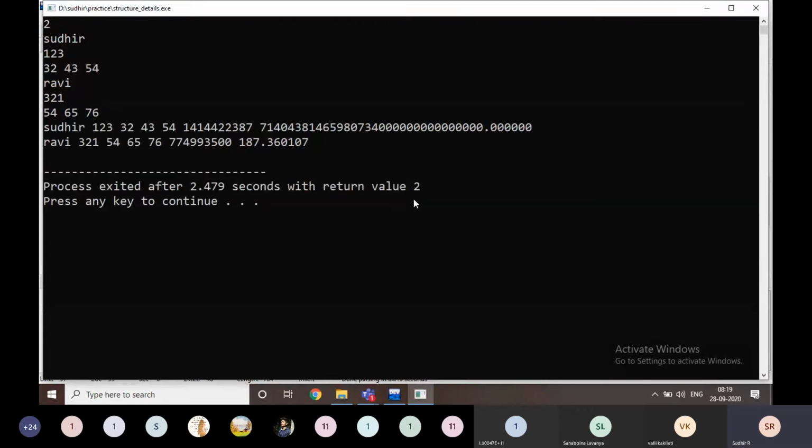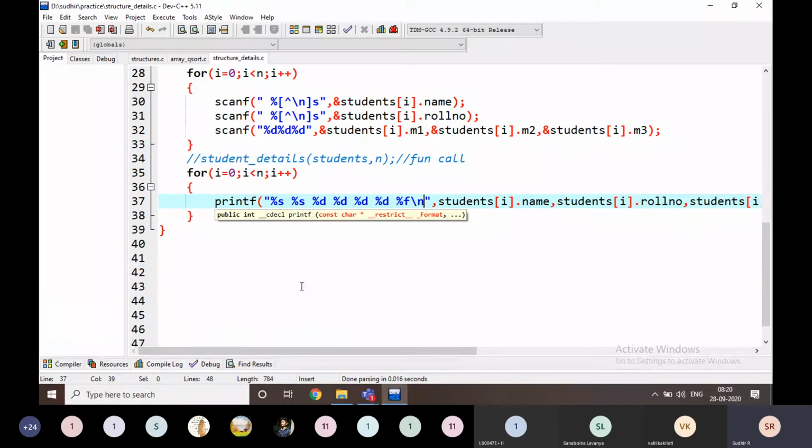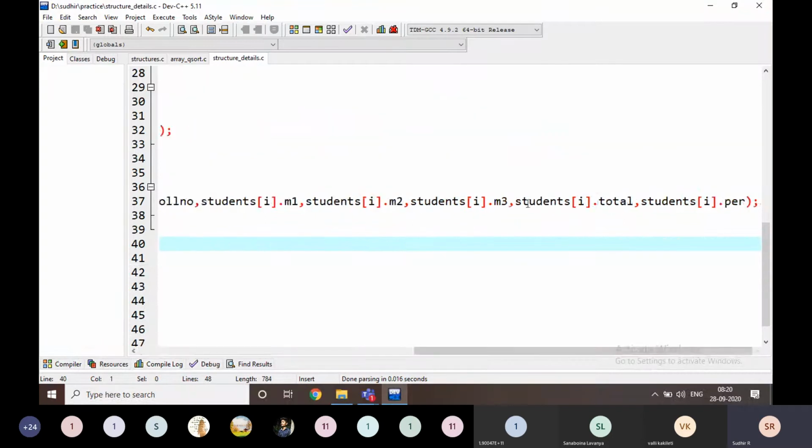For example, if you look at this one, Sudhir and his roll number is this one, marks of the three subjects are this one, and then there are two garbage values here. Here also there are two garbage values. Why? Because I'm not assigning any value for this total and percentage.